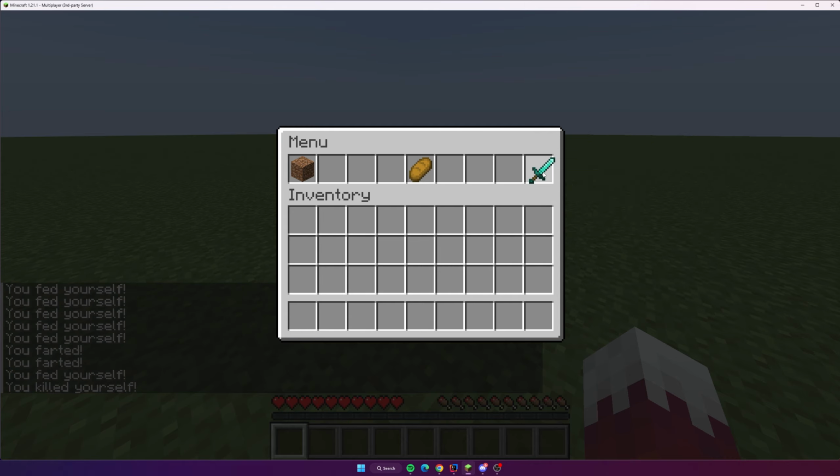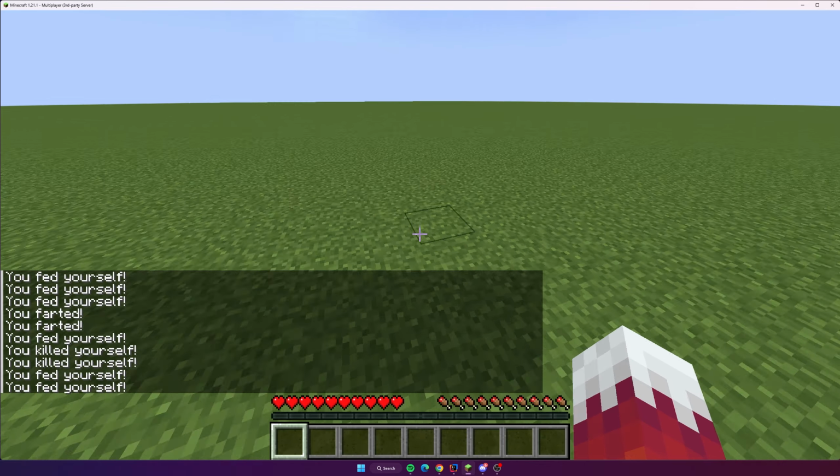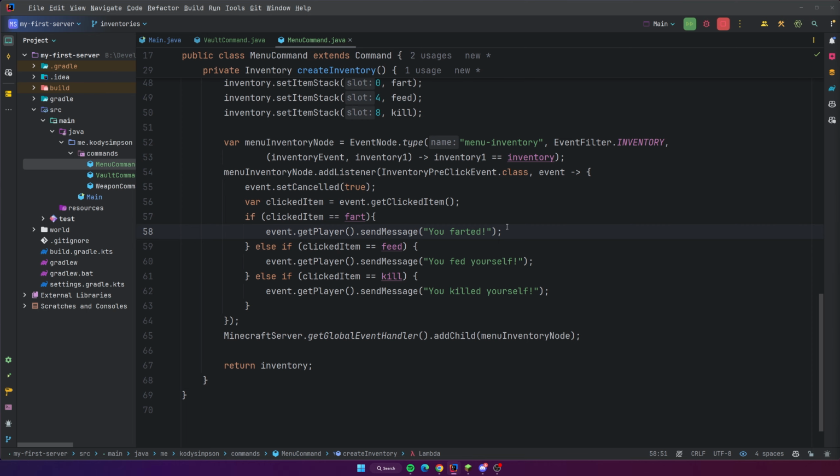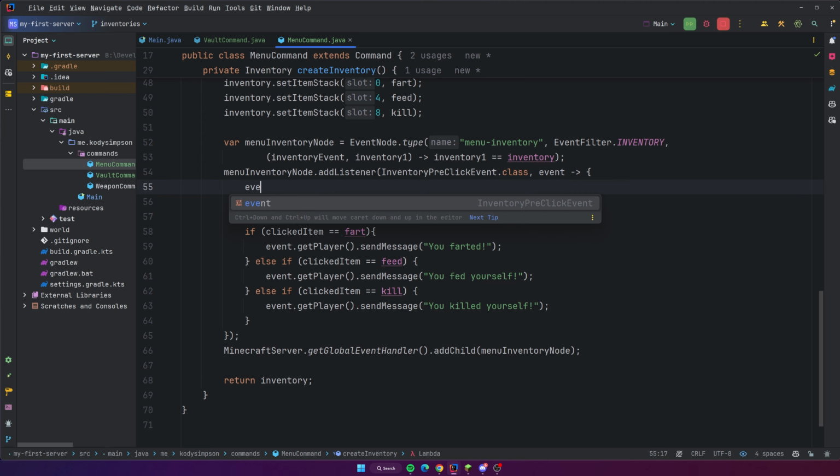So it's going to prevent it from going through essentially. Pretty freaking cool. And I just want to reiterate, you have a lot of control over these events here. So, for example, we can get the click type again, right? We could say if